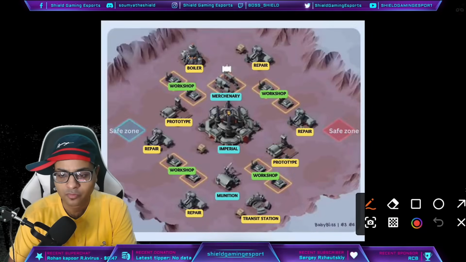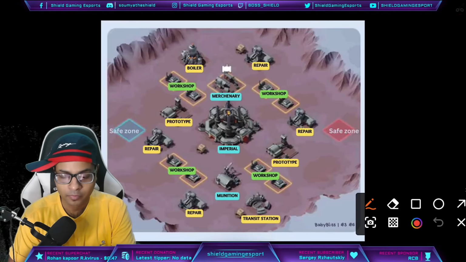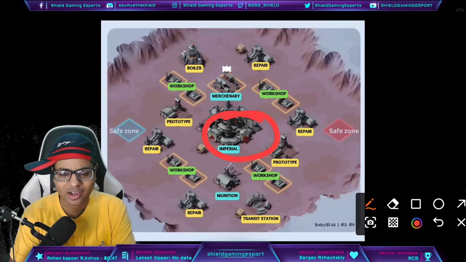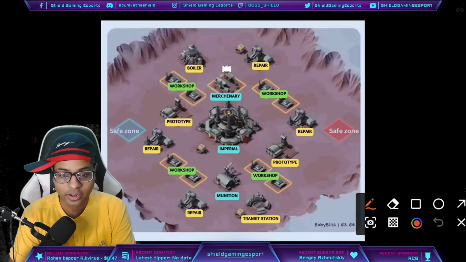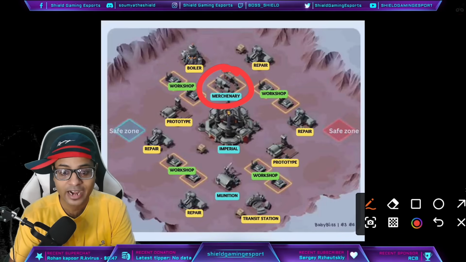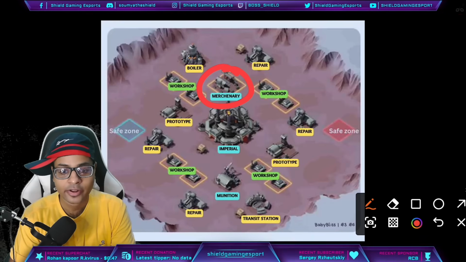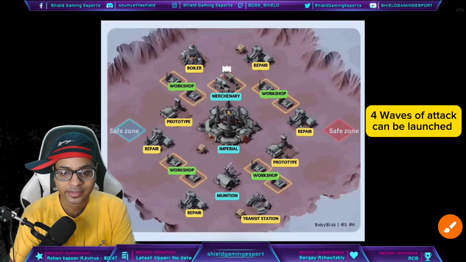So we are on the map of the Foundry battle right now. Thanks to Baby Bliss for this map. You can see there are a lot of buildings around the map, and the main building, that is the Imperial Foundry. If you capture this building, you will get a lot of points. And I told you there are other bonus buildings like the mercenary camp. If you capture this building, you can launch the mercenary attack on the opponent's building. But anyone inside the building cannot launch the attack. Only the garrison captain of the mercenary building can launch the mercenary attack, and this attack can be launched